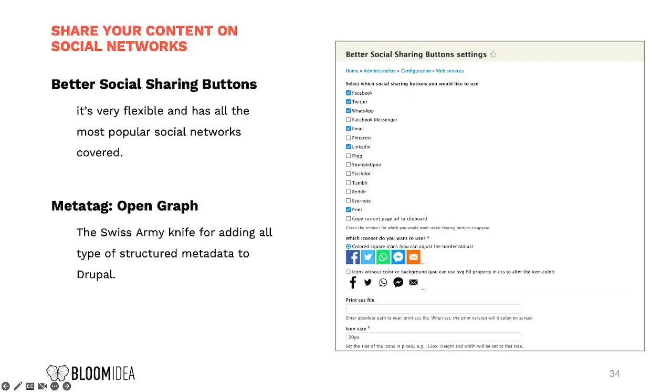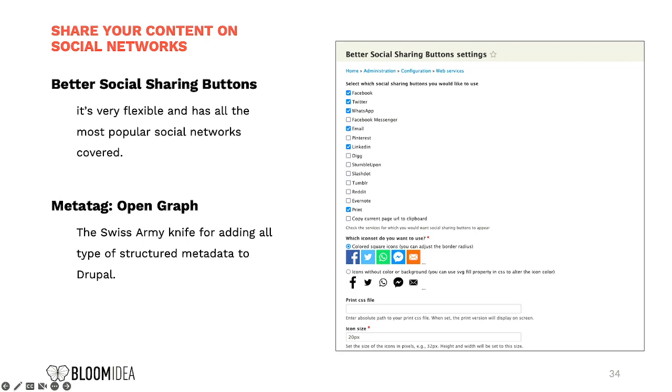Another very common task is sharing your content, helping your visitors share it on their social networks. I personally like that one, maybe because it has "better" in the name, great marketing. It's very flexible.